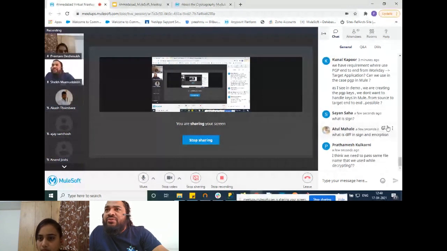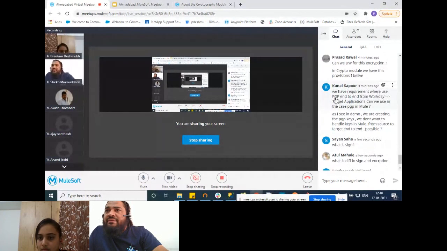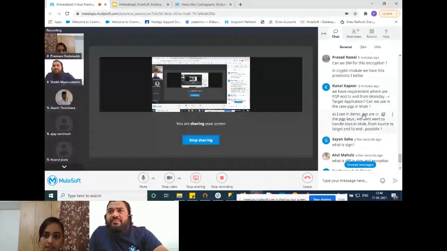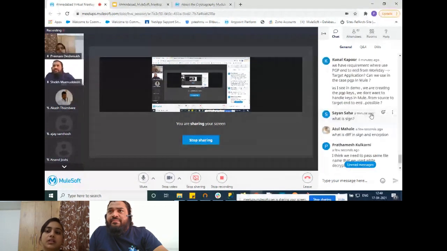Okay, the next question: we have a requirement to use PGP end-to-end from Workday to a target application. Can we use PGP in Mule? Yeah, sure, we can make use of it. We'll also walk you through other operations supported by PGP, so you can check if they suffice your requirement.